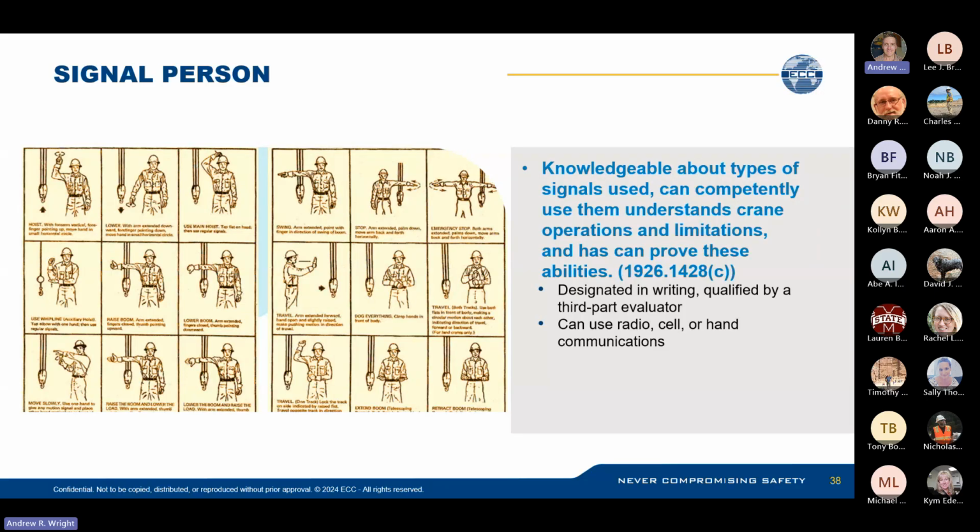Signal person. This is a person who is knowledgeable about types of signals used, can competently use them, and understands crane operations and limitations, and can prove these abilities. They are designated in writing, qualified by a third-party evaluator, and can use radio, cell, or hand communications. So as you can see, all the different hand signals being used, and a signal person is especially going to be required if the operator cannot see where the load is being dropped, so it's a blind lift,